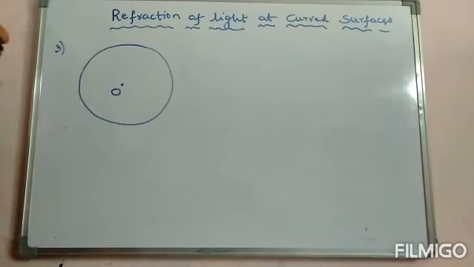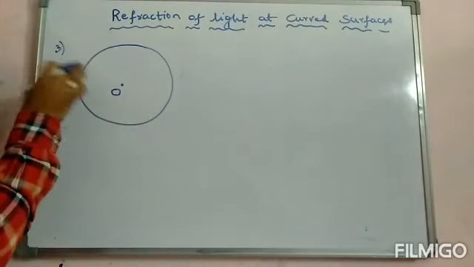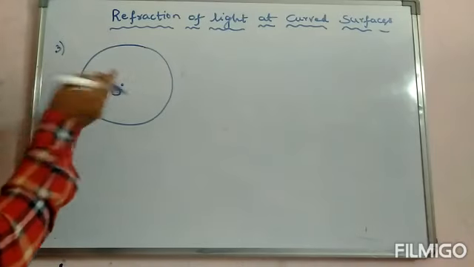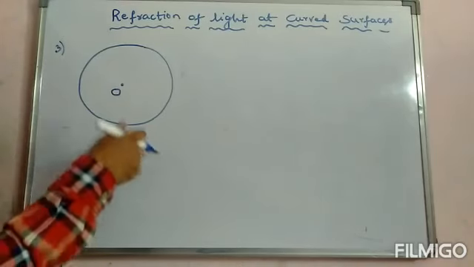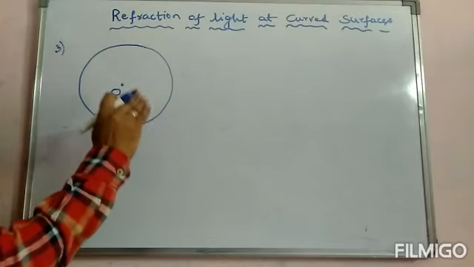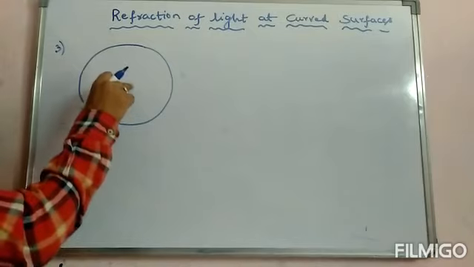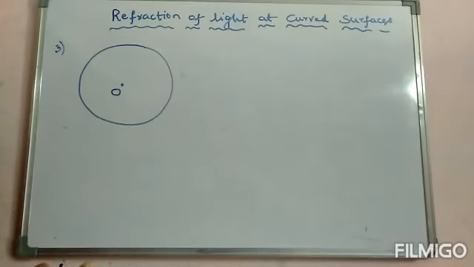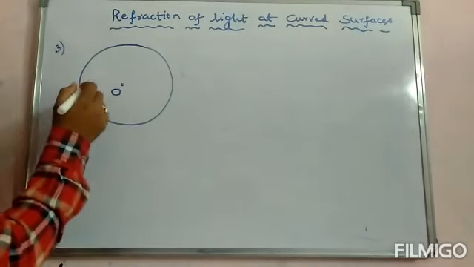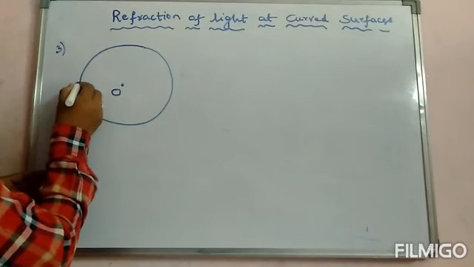Now my question is, when we observe this object from the outside, how will the image appear? Whether the object distance and image distance will be the same, nothing but the image will appear at the same position or not, we have to check it. Right. For this, let me complete the diagram.